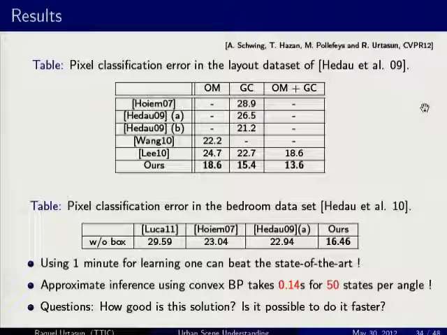Okay, so here are results that are going to appear at this CVPR with our technique. And the interesting thing is that you only need 1 minute to train the model, and you're already beating the state of the art, and you only need 140 milliseconds to do inference over each one of your images on average. Okay, so it's very, very fast. It does very, very well.